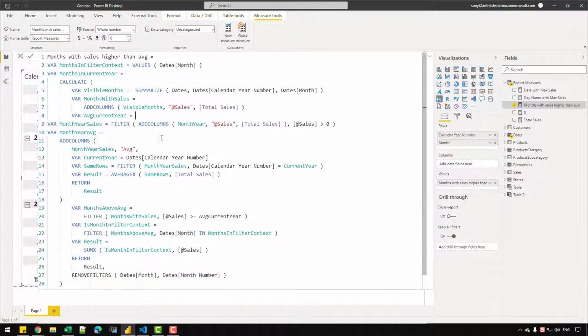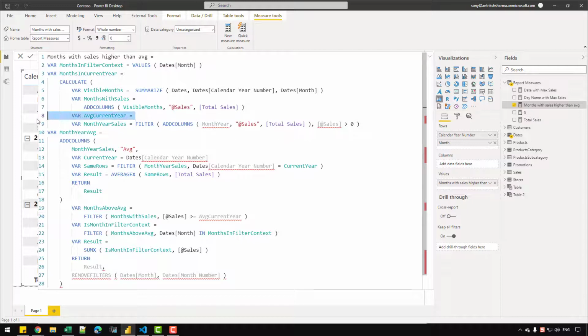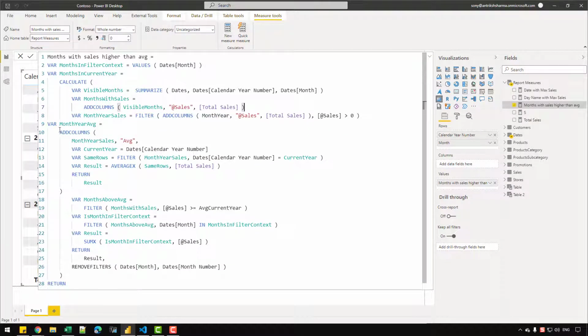We are done with that, and we have these variables. I need that, so I can indent it. Let's remove the average current year variable for now, and let's indent the var month year average, and I'm getting an error here. So instead of month year I can simply write visible month, or I can simply rename the visible month variable instead of copy and pasting there.